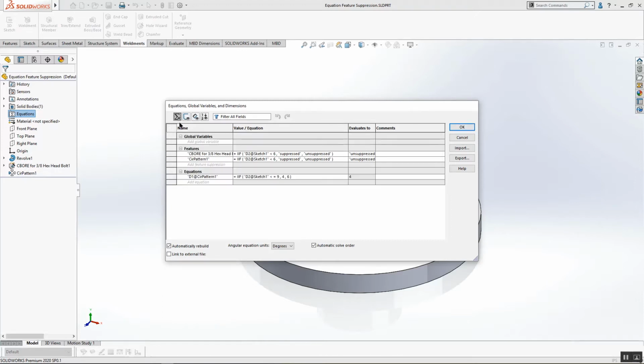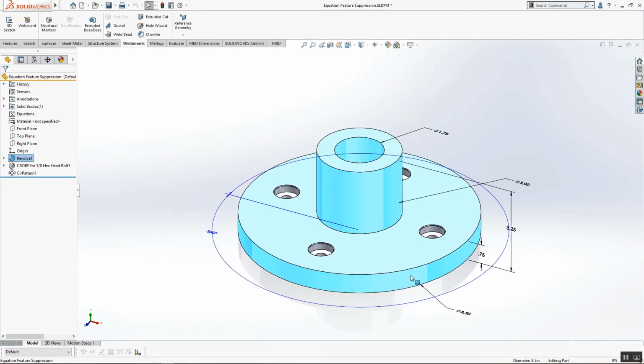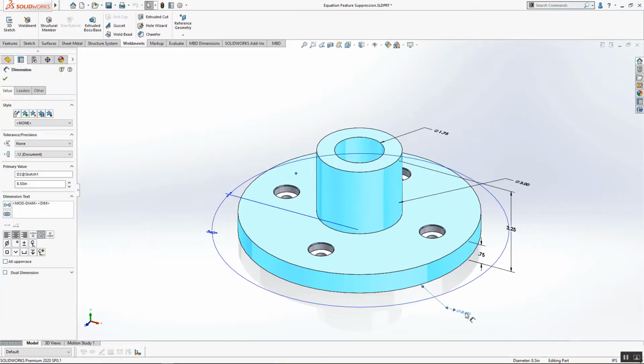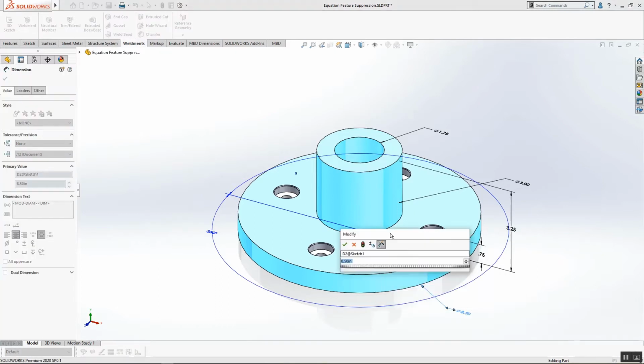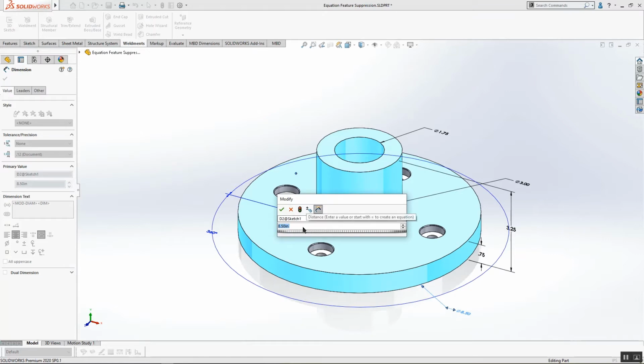If I want to create a global variable for this one, I'm going to start by double-clicking on the diameter down here. If you click on the dimension, you see it has the dimension name down here, D2 at Sketch 1, which we're all familiar with. If you want to create a global variable, you just have to start typing a name. Let's say I want to make this OD for outer diameter. If I type OD, notice the little global variable icon pop up there. That's going to create a global variable. So when I click OK on this